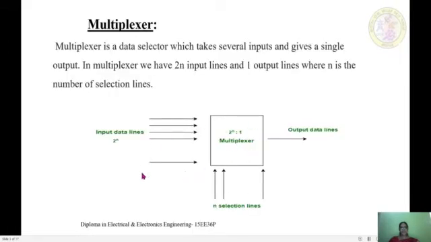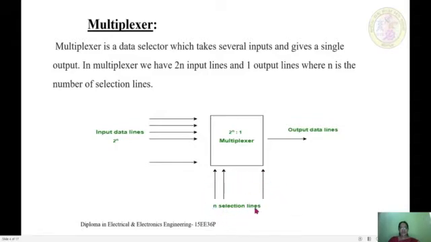So what is a multiplexer? A multiplexer is a data selector which consists of number of input lines and it has got a single output. The input will be selected depending upon the address which is placed on the selection line.